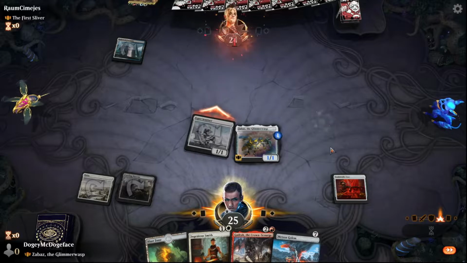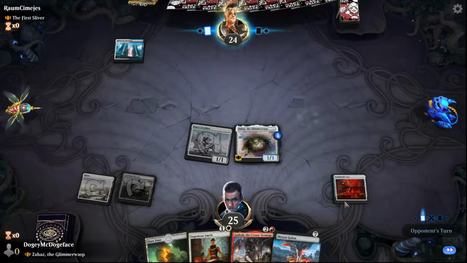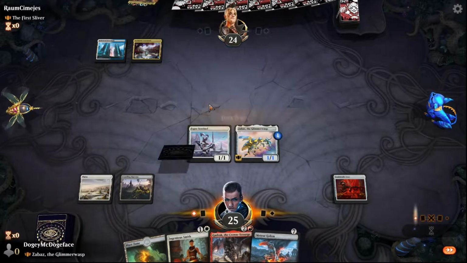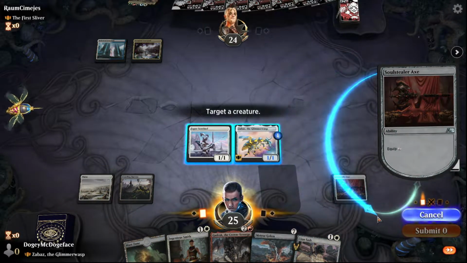Deal 1. This is our turn, what is it? That's our turn 2. So we need something decent to stop us from hitting with the axe. Like, sure, we'll get a 1-drop, but a 1-drop's pretty nice. Nothing? Nothing at all. Okay. We'll equip to...